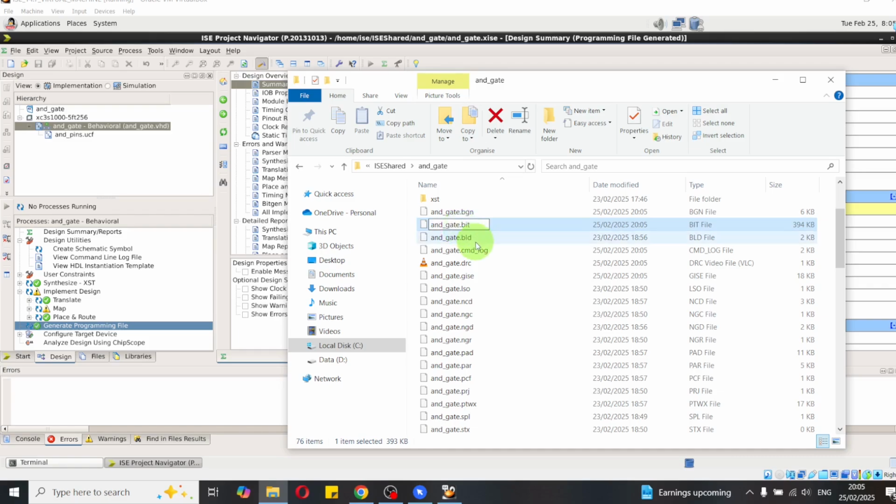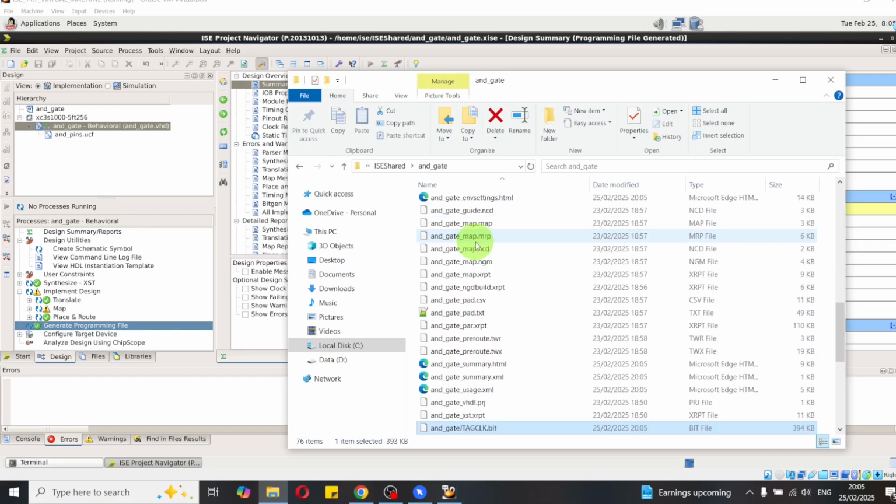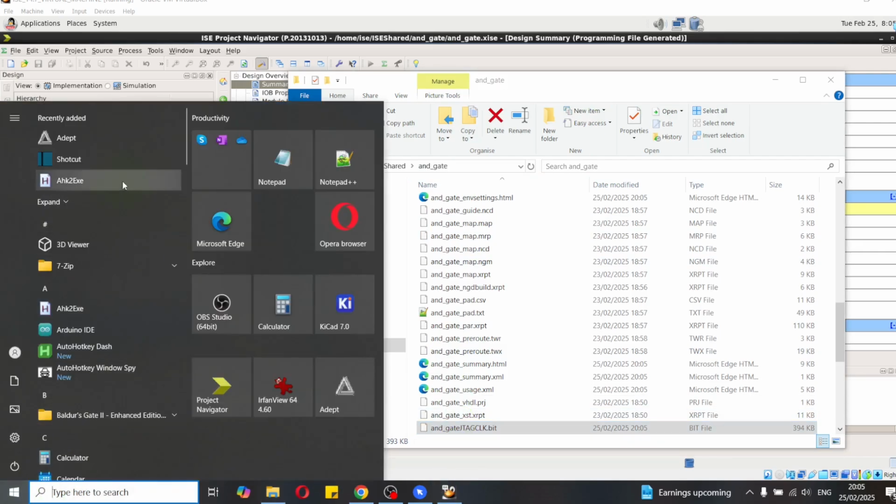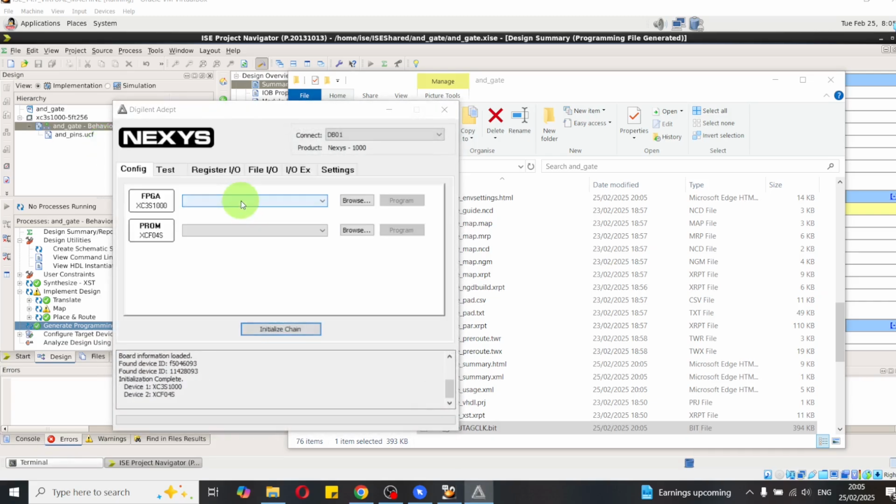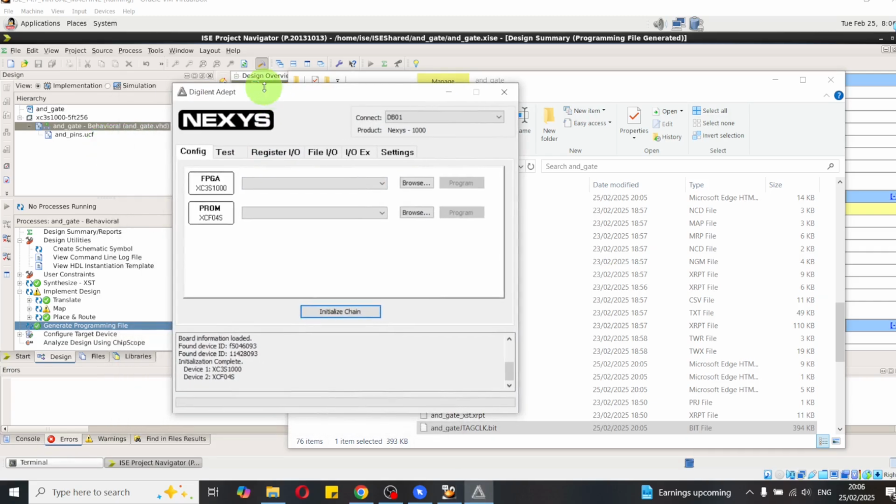So I'm generating two files, one with JTAG clock and one with the CCLK clock, just to show the behaviors. We're using Adept. Adept is a little software provided by DIGILENT to connect to the board through the USB